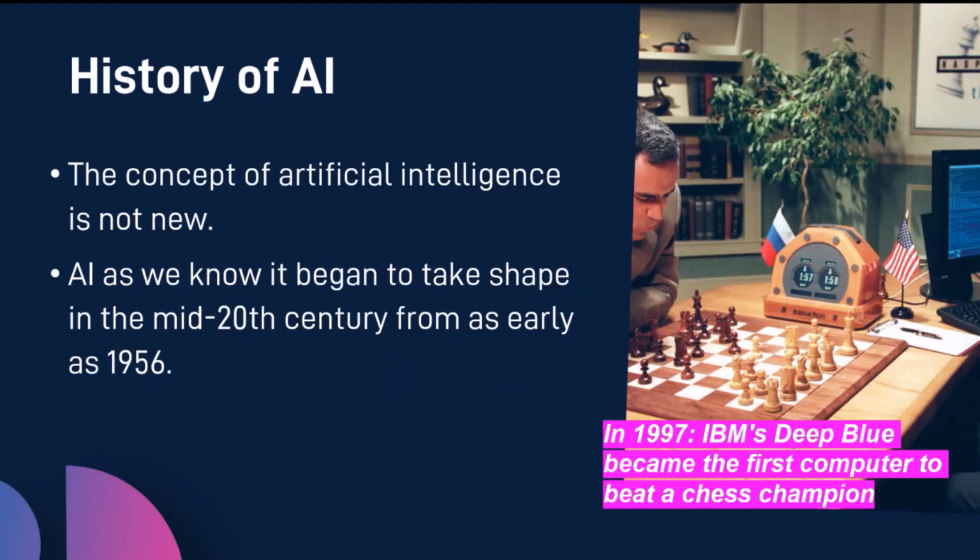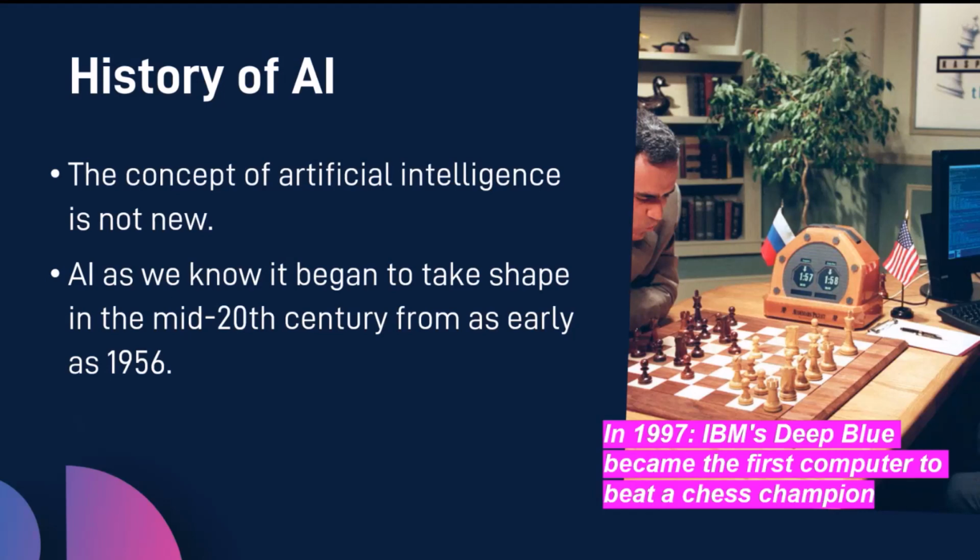So regarding the timeline of artificial intelligence, just to give you an idea, although we have been hearing about it for the past year or so, thanks to ChatGPT and the other tools like text-to-image, like DALL-E and so on, artificial intelligence has been around for quite a long time. So if we go back to the mid-20th century, around 1956, is the date when it is considered the birth of artificial intelligence. So it has been around for a number of years. The idea of artificial intelligence was existing even before that date.